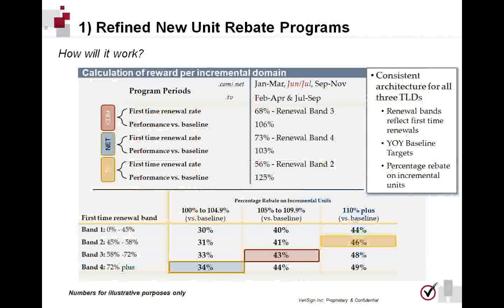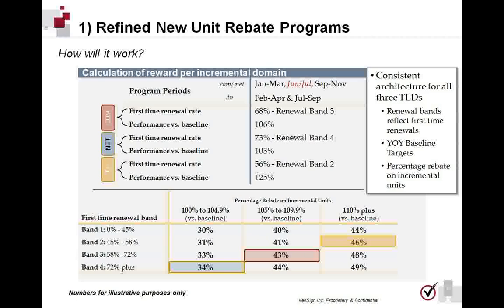So for .com and .net, the selected months for the new unit program is January through March, June and July, and September, October, and November. And for .tv, they've also signed up for February through April, as well as July through September. For .com, the first-time renewal rate is 68%, and this falls into renewal band 3. And the performance versus baseline is 106%. And so then you can see that the rebate credit for this is 43% per unit as a rebate credit